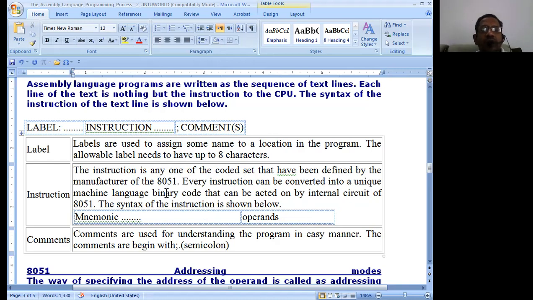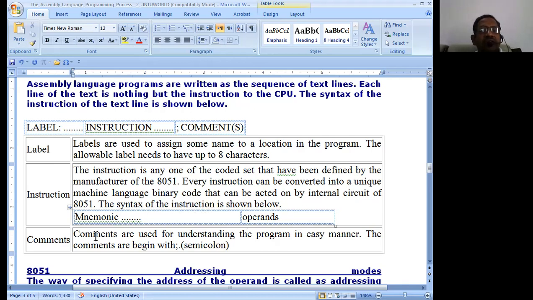Therefore, one has to know the instruction set of a particular microcontroller to write a program for that microcontroller. Every instruction can be converted into a unique machine language binary code that can be acted on by the internal circuitry of the 8051 microcontroller. Then the microcontroller simply executes those instructions.